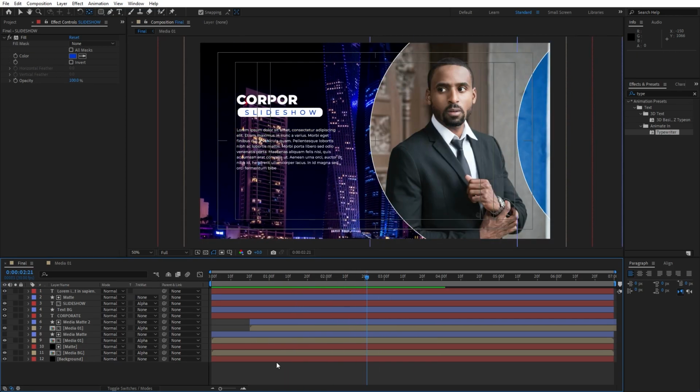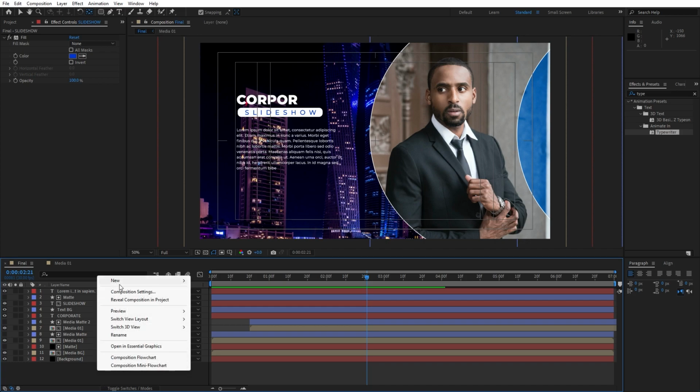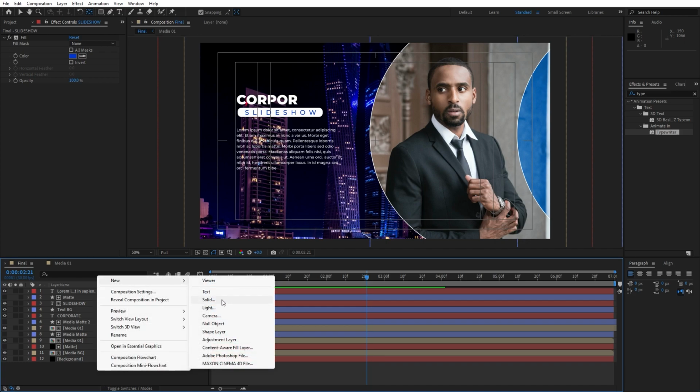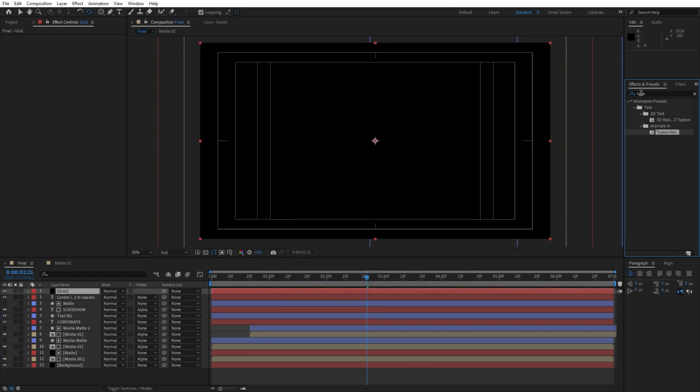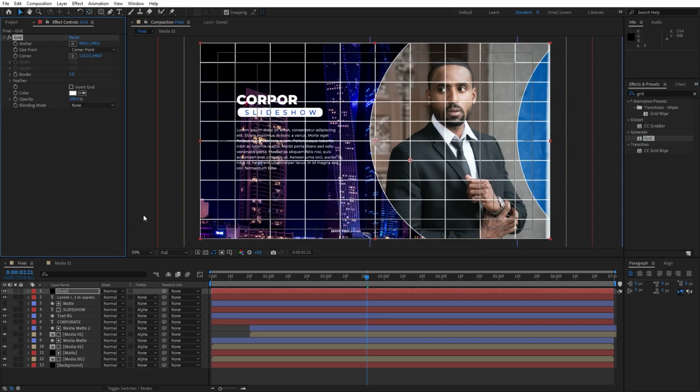For the next step, let's also create our grid. Go right click to create new solid layer. This is gonna be grid, and also let it be 1920 by 1080 instead of this 4K solid. Okay, then go here in the effects and preset, find grid effect, drag and drop onto the solid layer, and